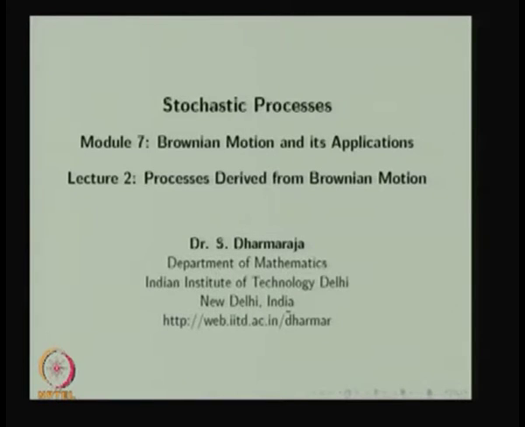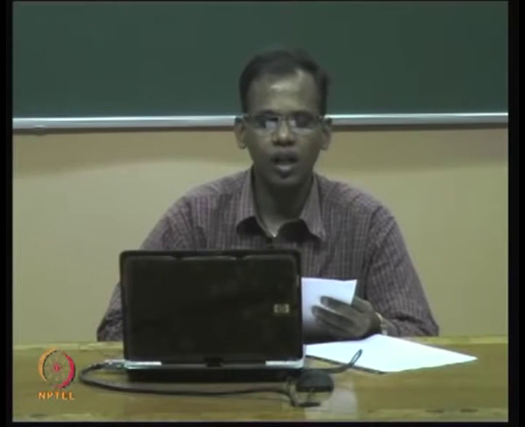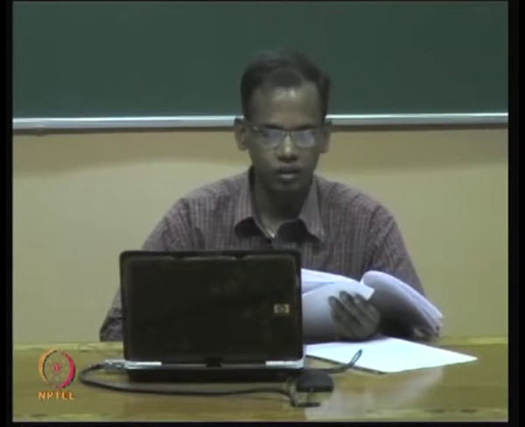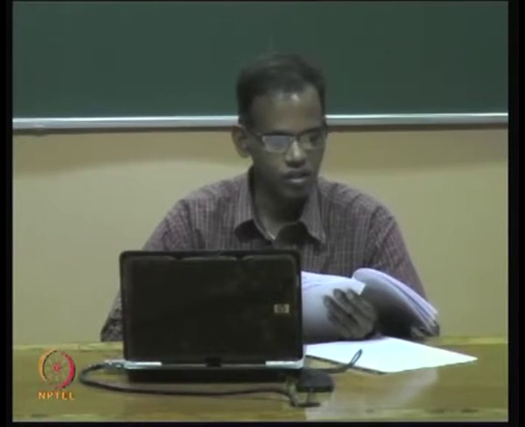In lecture 1, we discussed the definition and properties of Brownian motion. We started with the random walk, then the sample path of a random walk. Then we gave a few properties of the random walk, followed by the derivation of Brownian motion through the random walk. Then we discussed the sample path of a Brownian motion. Followed by that, we discussed a few important properties such as stationary increment,